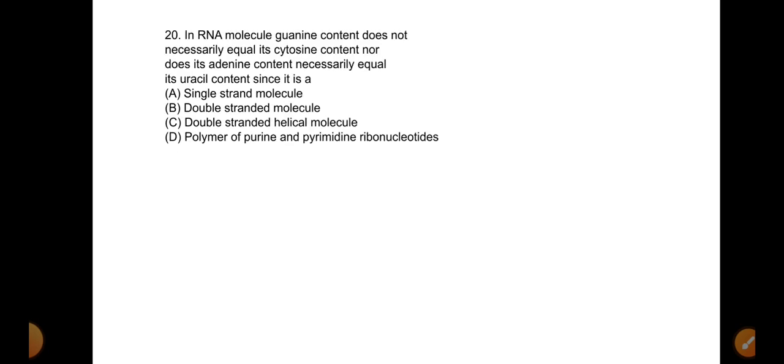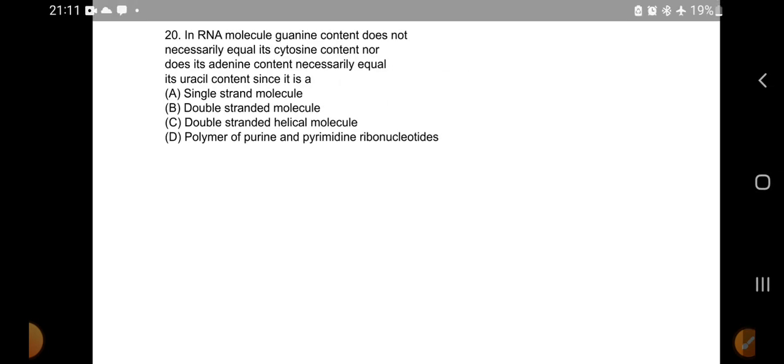19th, molecular weight of heterogeneous nuclear RNA is. Then 20th question, in RNA molecule,